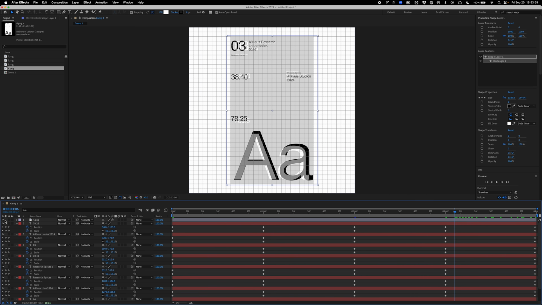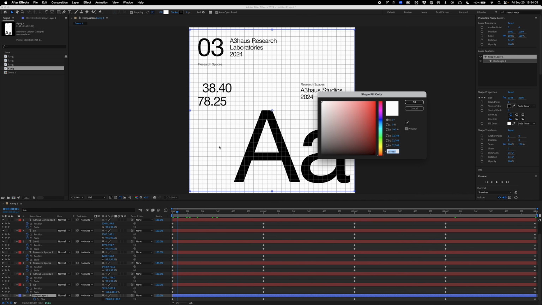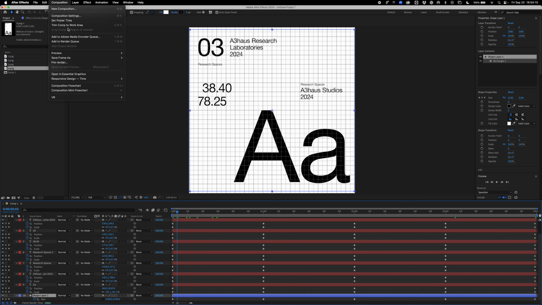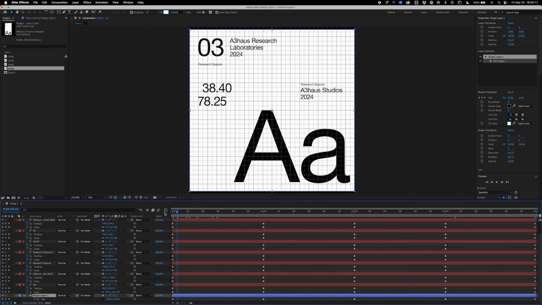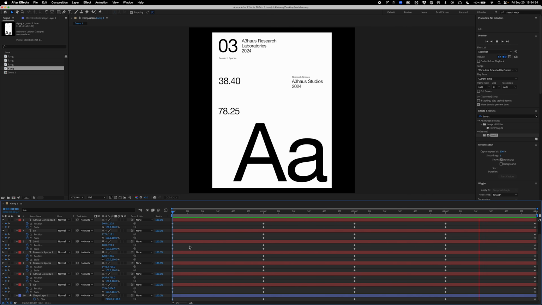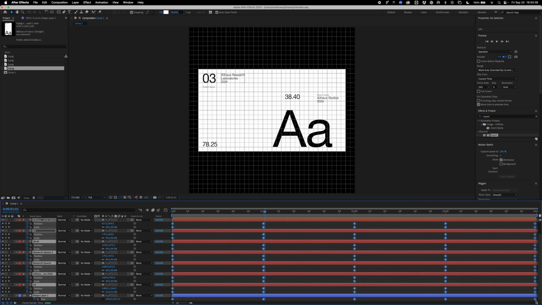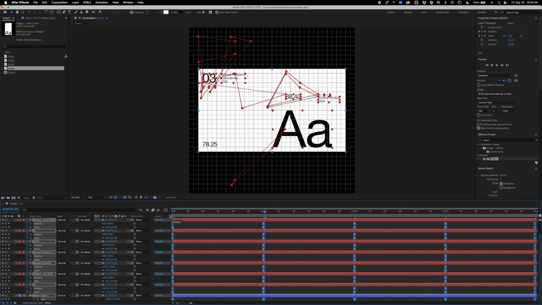So if we actually just hide this layer, and we can now make this background black. Sorry, if we make our composition background, so settings for our composition, and just turn this black, we can actually just see how this animates. At this moment in time, it's probably a good idea to save, and then we can watch it back, and that's how it's working. So if we select all of our keyframes, then go Keyframe Assistant, Easy Ease,